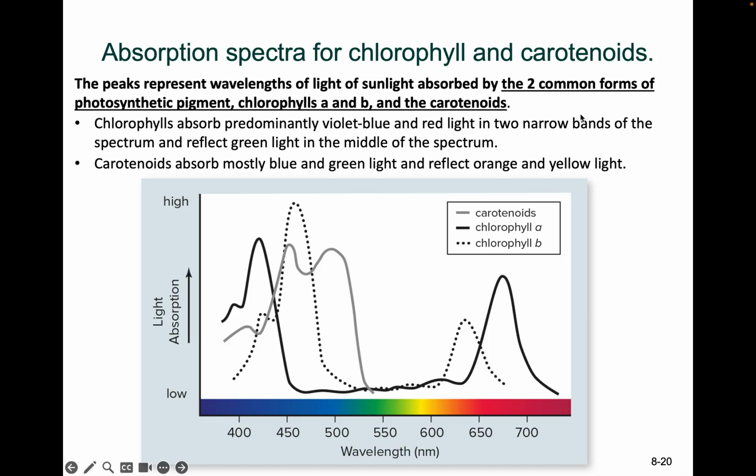I'll give you an example here with chlorophyll A. As you can see, the y-axis is the light absorption, so how much light has been absorbed, at different wavelengths. At wavelengths between 400 and 450, this chlorophyll A is amazing, but later it's really bad. Around 500, it absorbs very little. Only later on, around 700,